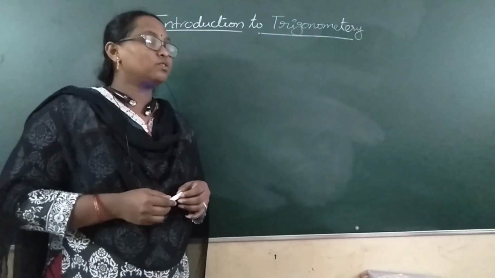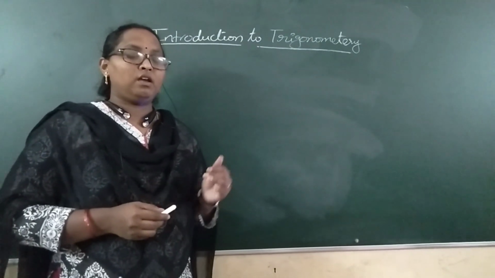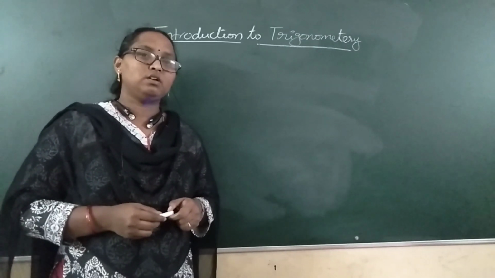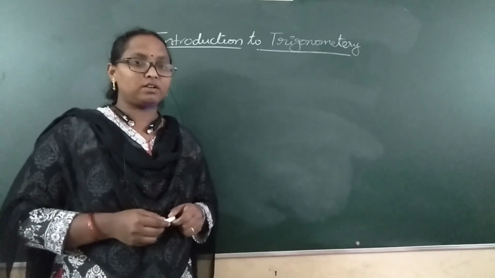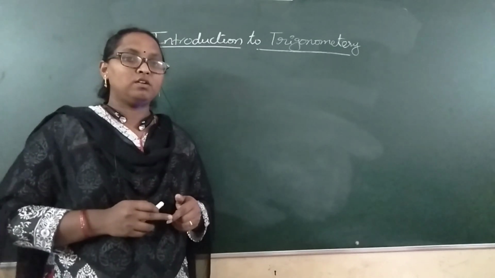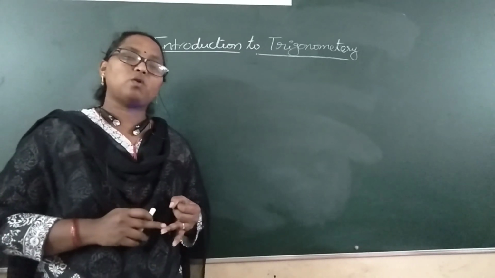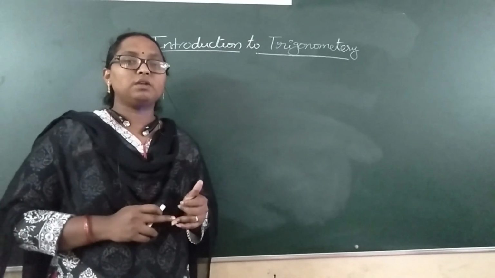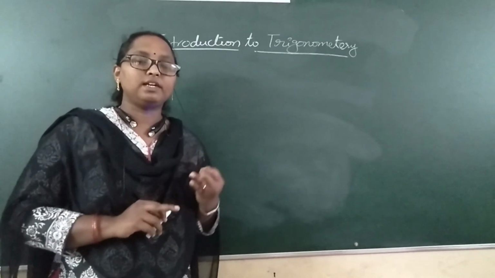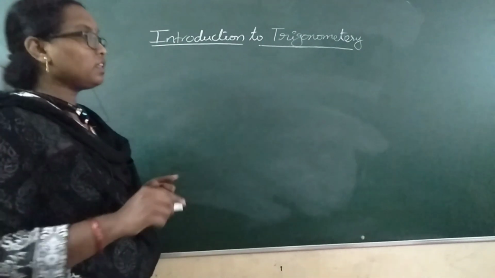Welcome back. In the last class we discussed trigonometry, the 6 trigonometric ratios, and how and where to use them. Today we are going to find the trigonometric ratio values for different angles. At 0 degree, what is the sine ratio, the cos ratio, the tan ratio, and so on. In 10th standard we have 5 angles: 0 degree, 30 degree, 45 degree, 60 degree and 90 degree. Okay, let us find that.